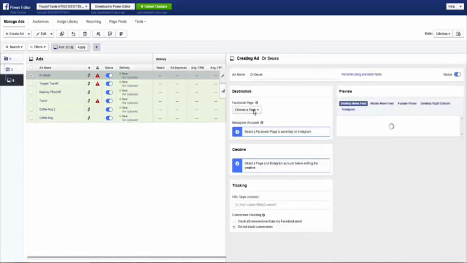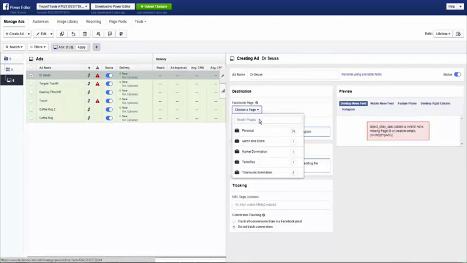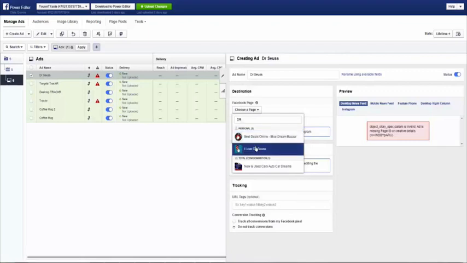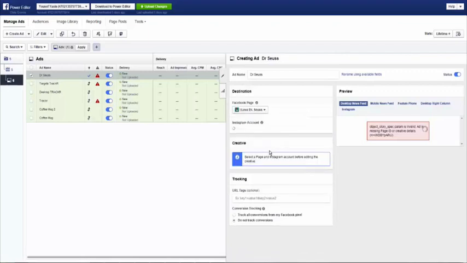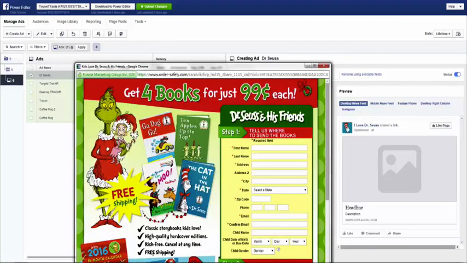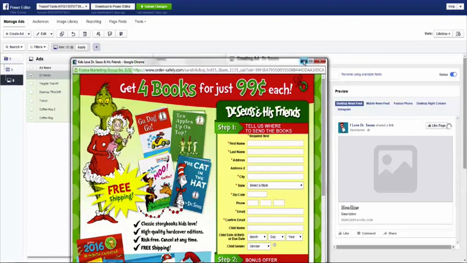All right, and then this is where you would choose your Facebook page. So let's see if I can find it here. I made one called Dr. Seuss, I love Dr. Seuss. There it is. Okay, that's the page I want to advertise from. So let's look at this offer really quick and decide what we can do for it. Remember, we can't have too much text in our Facebook ad, but we could